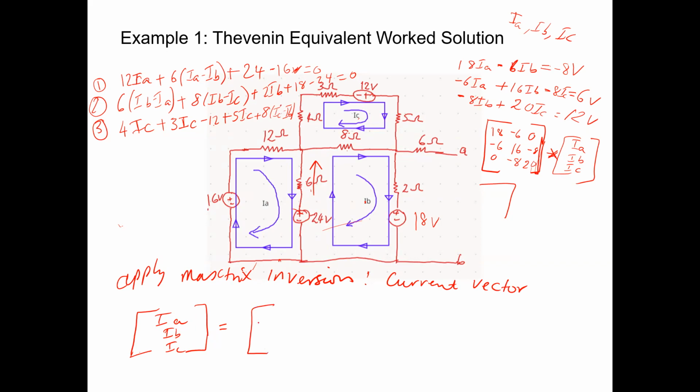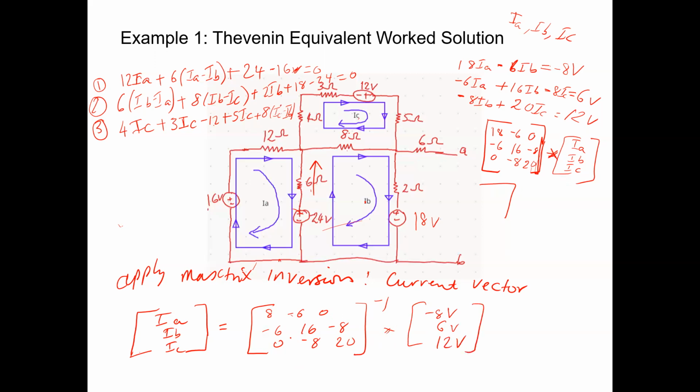We bring this one, 18 minus 6 0, minus 6 16 minus 8, 0 minus 8 20, okay, inverse matrix times the voltage in here, minus 8, 6 volt and 12 volt. Okay,